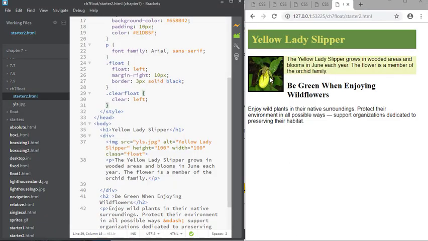In this example, we added a float left to this image, and when we did that, this paragraph filled in the space left when that image floated left, and also this H2 came in to fill in the space. Now we might not want that. We might want this H2 to show up below it, and in order to do that, we need to clear